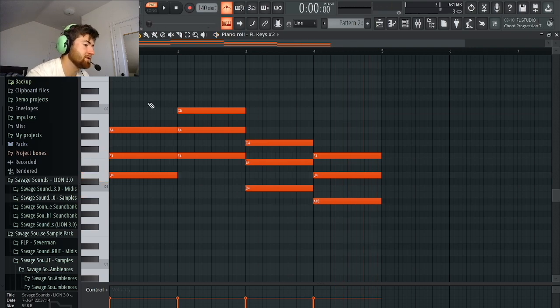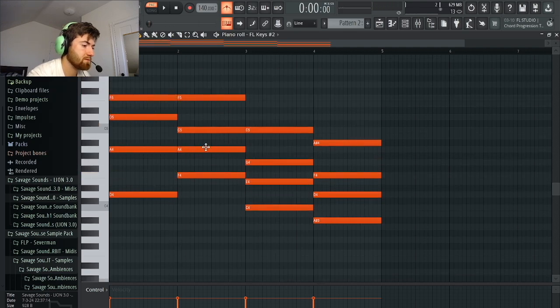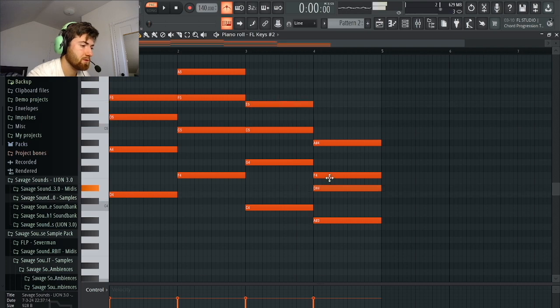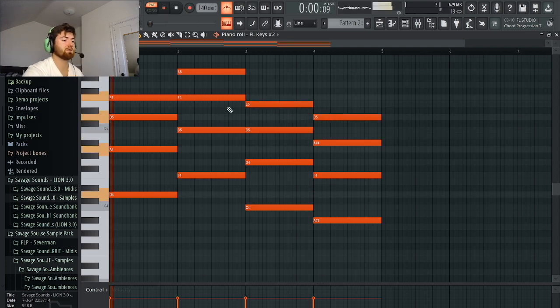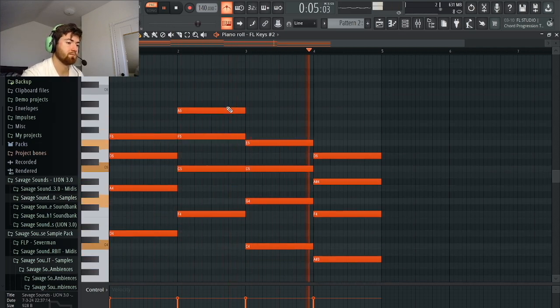Alright, and so let's do what we did last time. We'll add some octaves, and A sharp. And then let's move that 3rd up an octave. E up, D. Alright, let's give that a listen. Alright, so something else cool you can do, I think that sounds pretty good, is instead of having the chord start playing with each new bar,